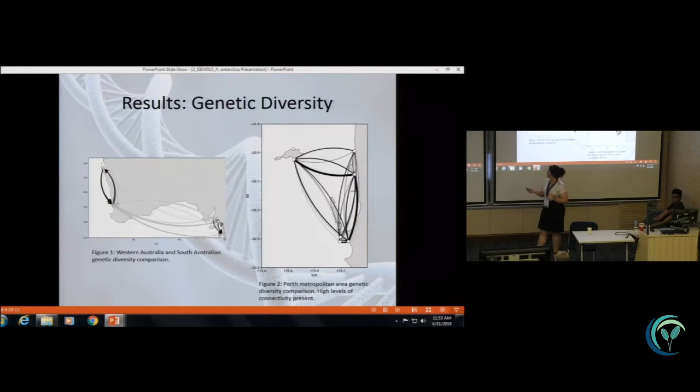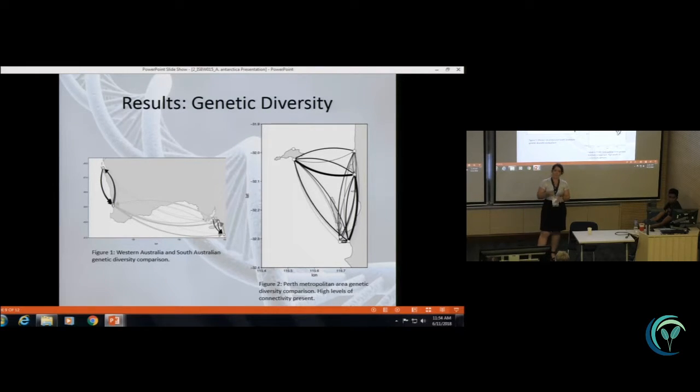We also found that there was a significant connection in nearly all of the sample sites. There was particularly strong connection down in the southern area of the Perth metropolitan area, where local dispersal was indicated strongly. Overall, on our broad scale, we found that there was genetic connectivity present between the 4 sample sites in South Australia as a local site. However, there was a very weak connection between the Perth metropolitan area and South Australia.